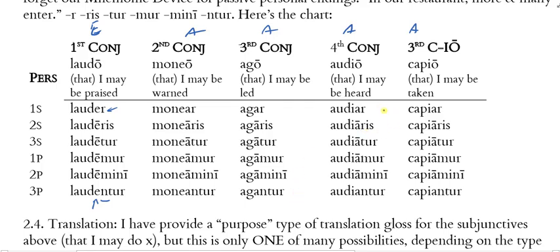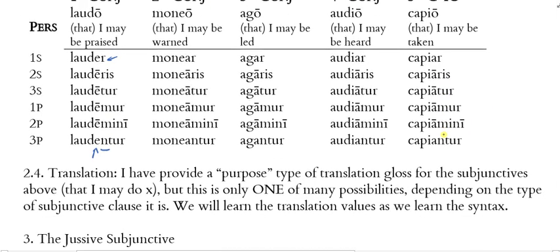And then we have audiar, audiaris, audiatur, audiamur, audiamini, audiantur. And then with capio, capiar, capiaris, capiatur, capiamur, capiamini, capiantur. Now, in the translation paragraph here, I just note that I provide a purpose type of translation gloss